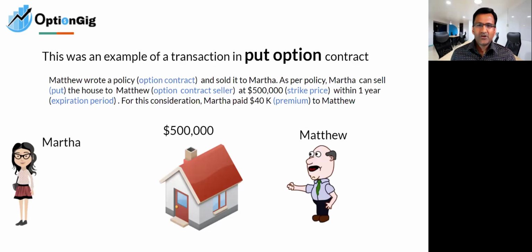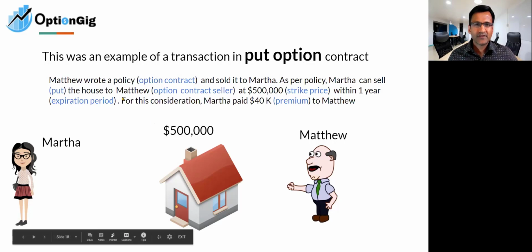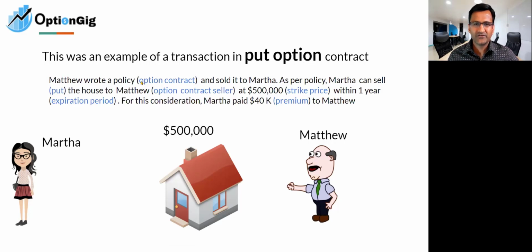So whatever we just saw, which is what we do every day in our lives, is an example of a put option contract transaction. Okay, so let's break it up. What did Matthew do? He wrote a policy. Let's call the policy that he wrote an option contract. He sold it to Martha. And as per that policy, Martha can sell or can put the house to Matthew. Right? Martha is putting the house over to Matthew at